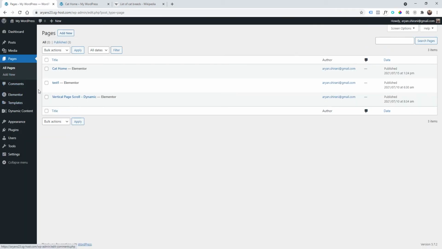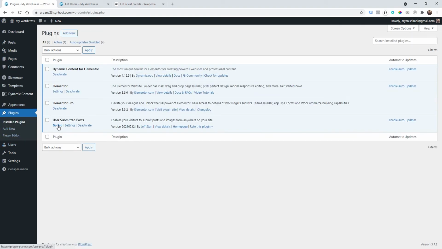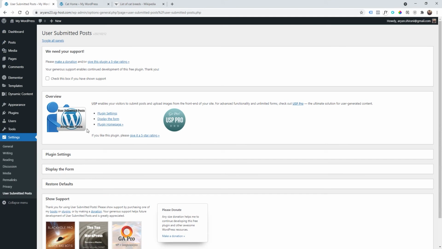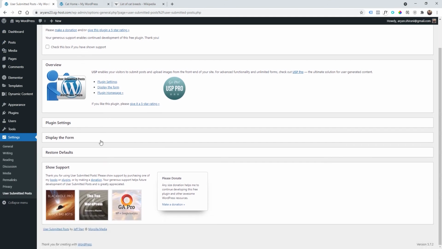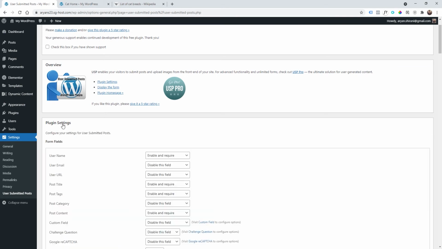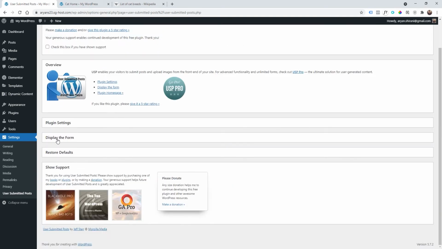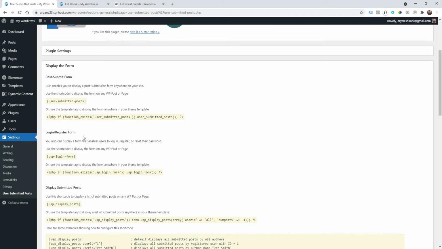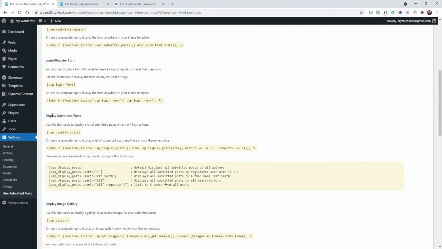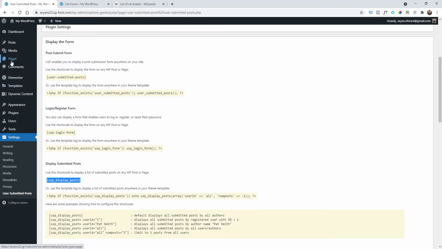So what we need to do is to get on the plugins, and you have user submitted post here. There is a little button called settings. And if you click on settings, you actually have all the settings, of course. So the plugin settings, if I click on this, you will see all the functionality that we will cover later. I'm going just to get the display the form. Display submitted post. That's the code that we need. Copy this, get back to pages,